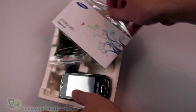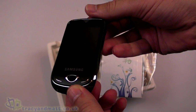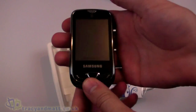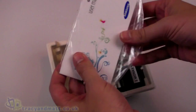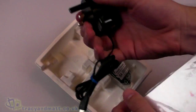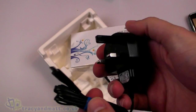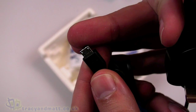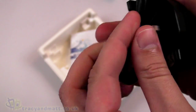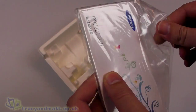we have the handset on top. As you can see there, it's pretty small, and it is pretty lightweight. Going to come back to that in just a second. We have the charger, which is a standard 3-pin UK style charger with a micro USB connector on there for plugging in to charge the handset. We then have the user manual,